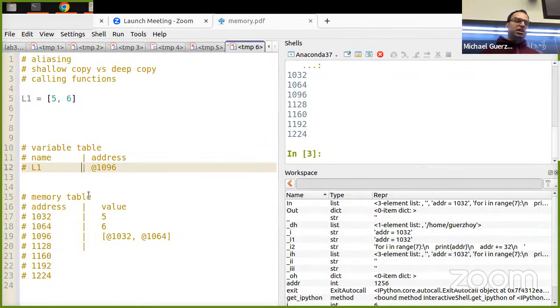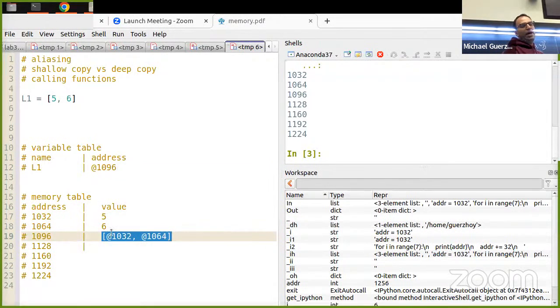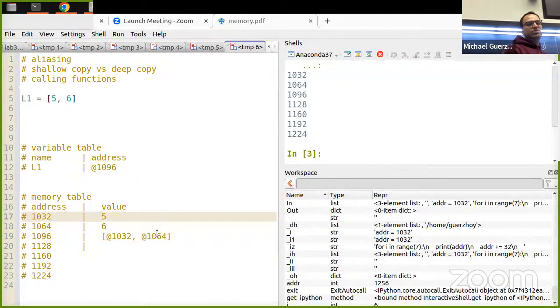So that's putting stuff in memory. If it's a compound object, first put all the constituents in memory. So make sure that 5 and 6 are in memory, and then create this list where the first element is the address where 5 lives, and this is the address where 6 lives. And then we are ready to say that L1 is at 1096.